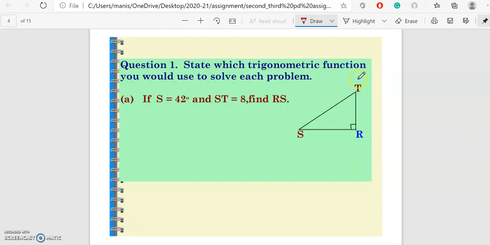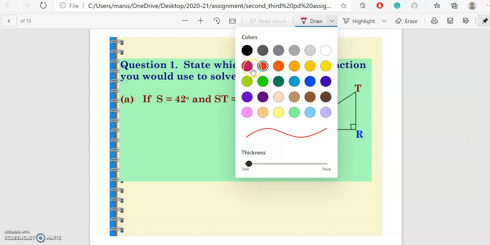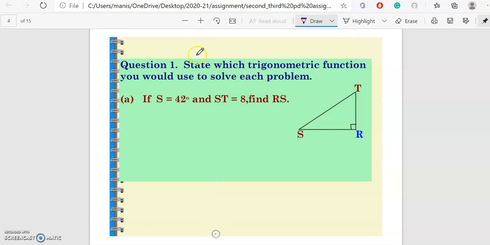In this question they are asking us only to state. They do not want us to solve anything. The only thing is you have to state which trigonometric ratio, which trigonometric function we will use to solve each problem. So we have to find out whether we will use sine, cosine or tangent, or the reciprocal. It gives us angle S is 42 degrees, so I'll write over here angle S, this is my 42 degrees. And ST is 8, so ST, this is my 8, and I have to find